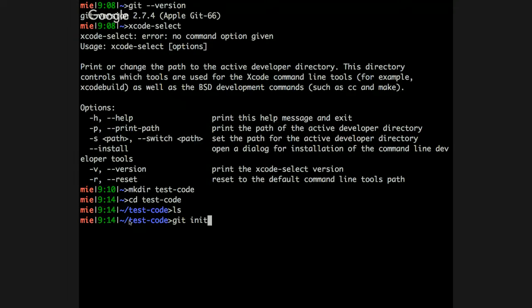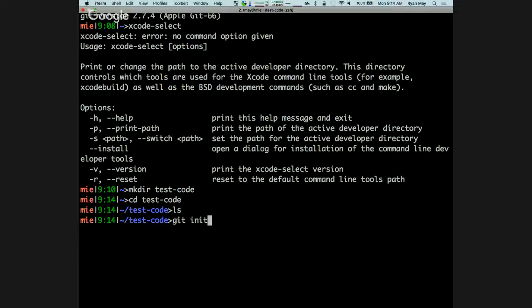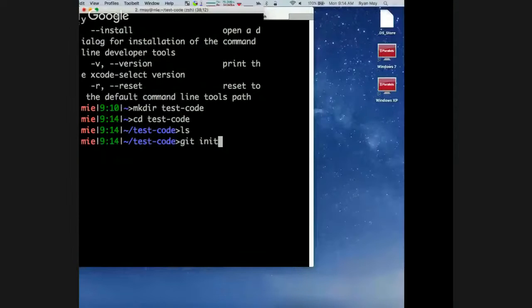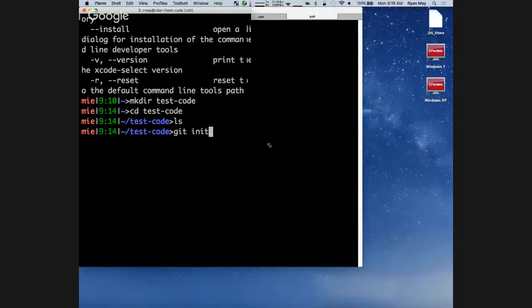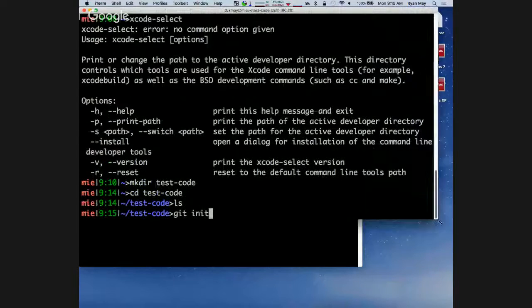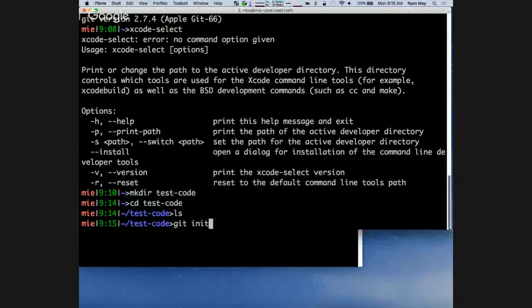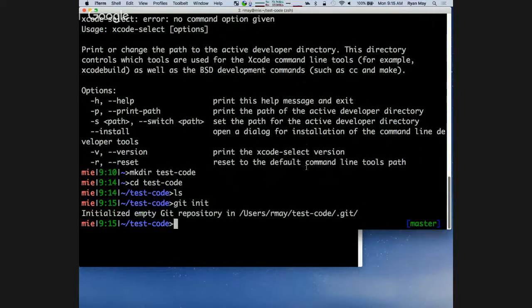Okay, I'll solve this problem right here. Now I don't have to keep clearing, because I want you guys to still see the history. All right, so git init. And you see you get the line: initialized empty Git repository.